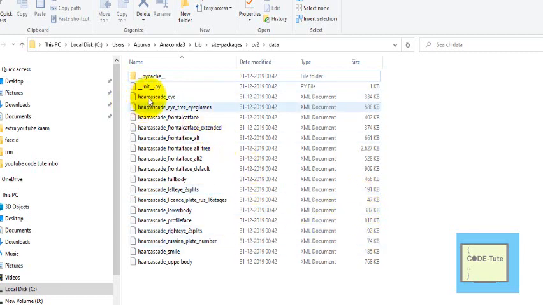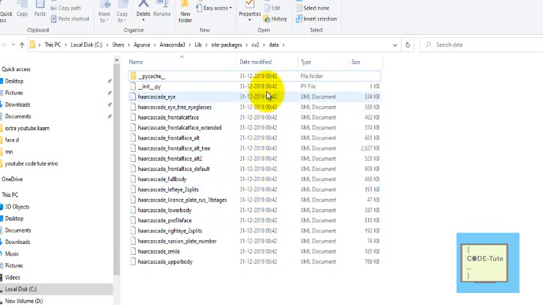This is the Haar Cascade for eye detection. This is the Haar Cascade for eye tree eyeglasses. This is the Haar Cascade for smile detection. This is the Haar Cascade classifier for upper body detection. These are already pre-trained models, so you don't need to write the algorithm for it. If you want to perform face detection, you can directly do that with the help of the pre-trained model, which is Haar Cascade. The only thing is you have to load this XML file in your code and you're done. You also have to write some OpenCV syntax to detect the face in the image, but the core logic is already present in this XML file.